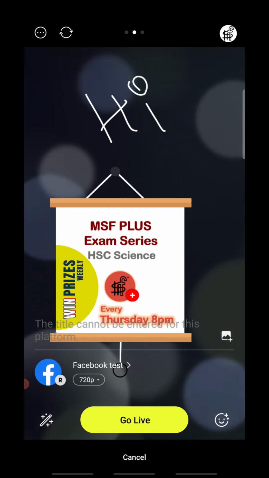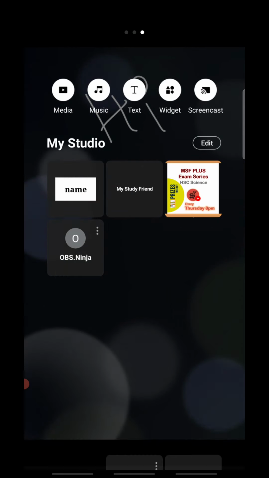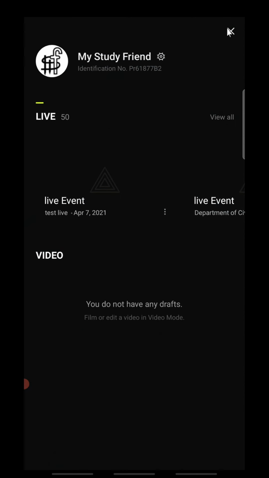So all these things are possible using just Prism Live Studio. That's the amazing open source app. That means they will never charge a penny. They will never charge any money for that wonderful app. That's amazing. So that's all the features are not mentioned here. Try to explore by yourself, try to do some studies on internet also. You'd be very glad to know that this app is really amazing.